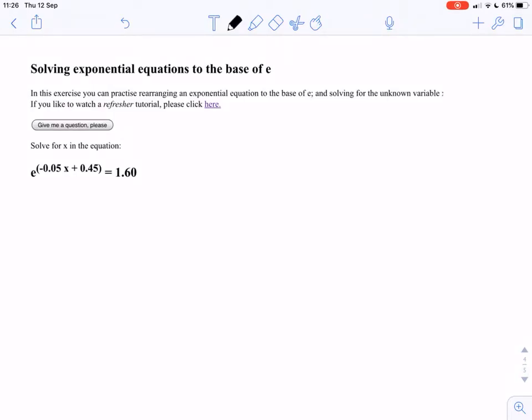Now in this case we have an equation where we have something e to the power of where our x is, and what we are looking for is an expression where we have x equals a number. So how can we deal with it? Well, we know that e is the inverse operation to ln, and I write it like that. So ln is also the inverse operation to e. So all we need to do really is we take both sides of the equation with ln,